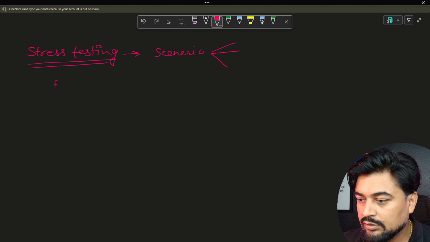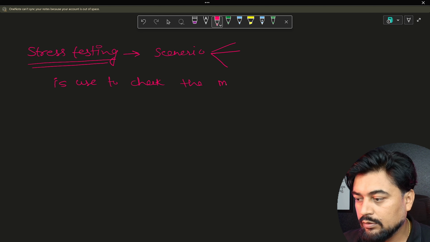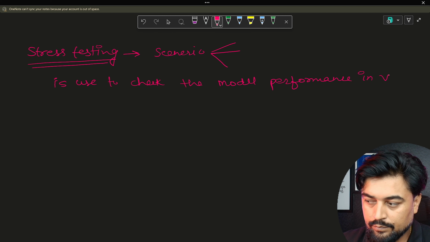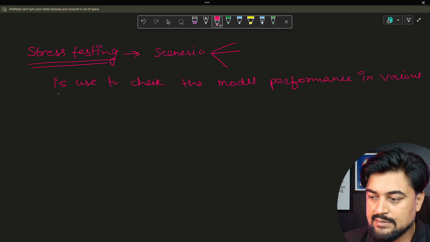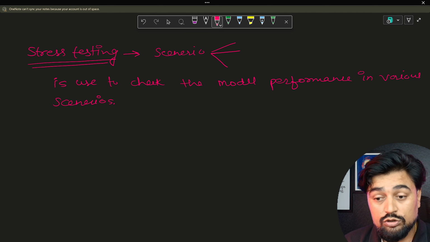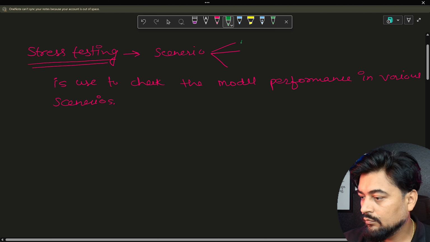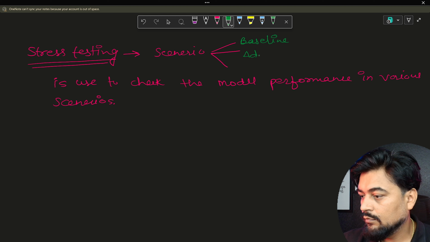Stress test is used to check the model performance in various scenarios. Now, what are those scenarios? That is a very important question. They are baseline, adverse, and